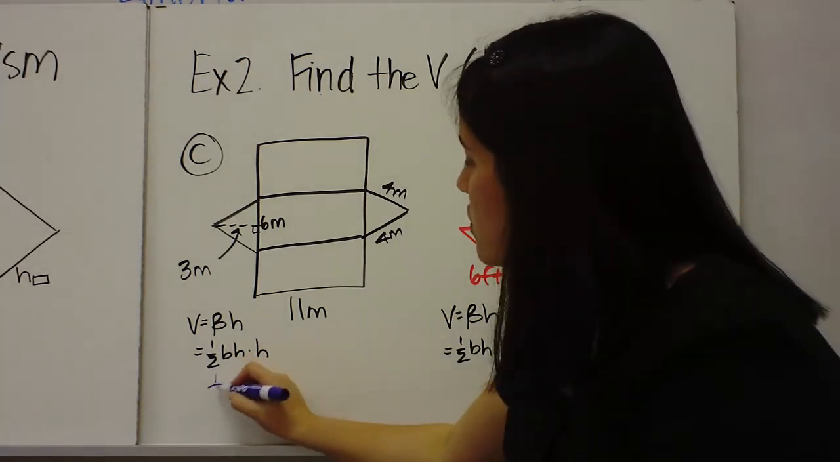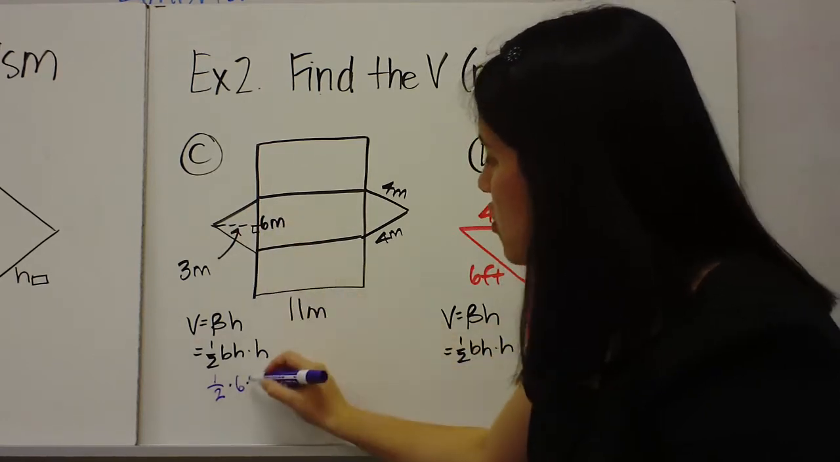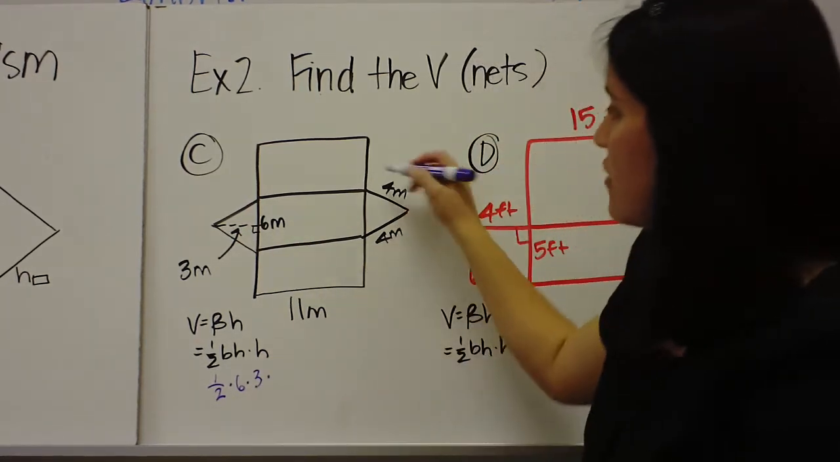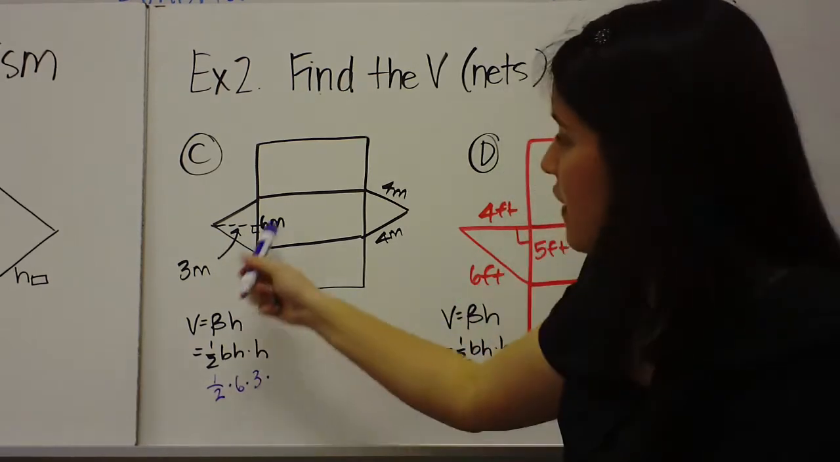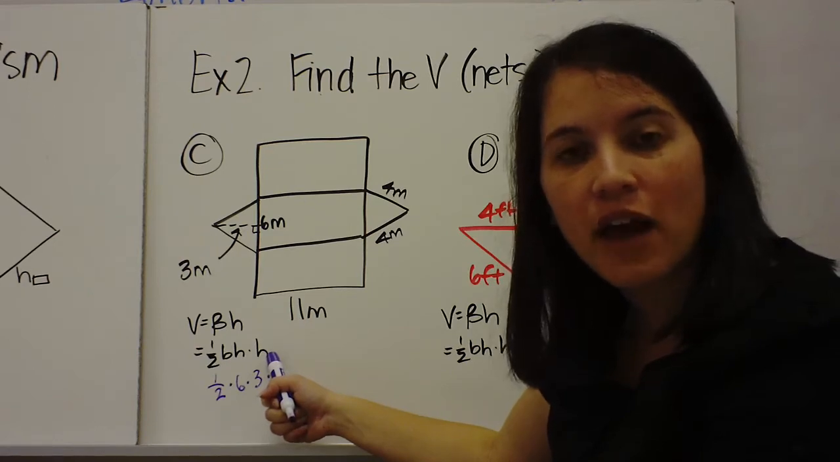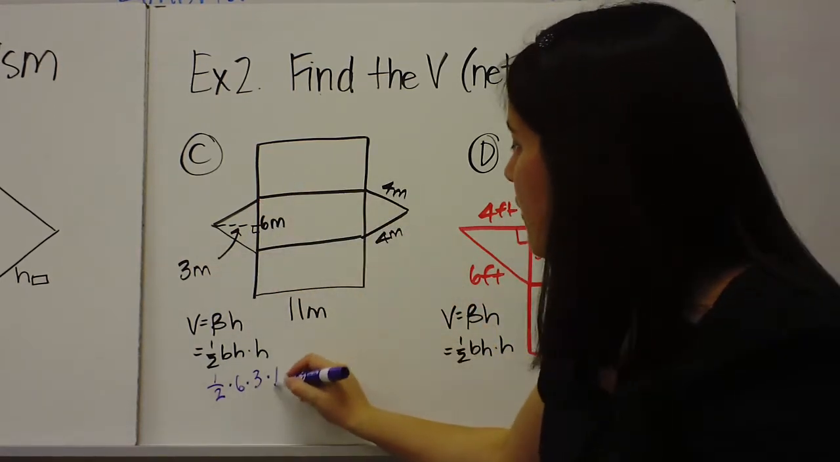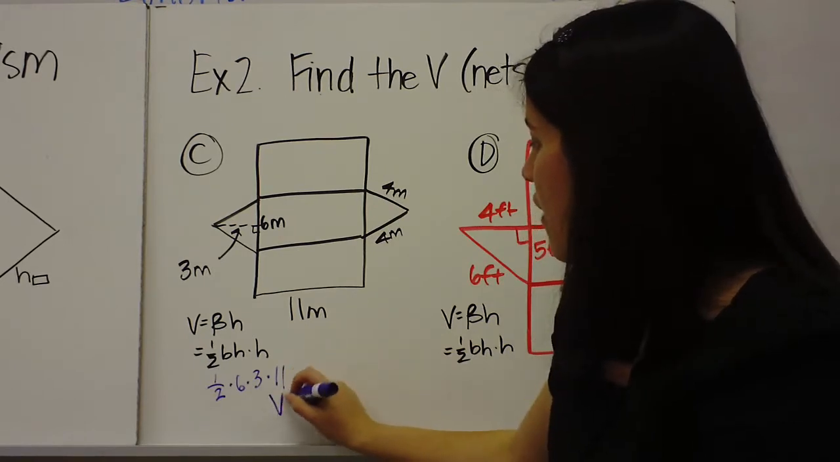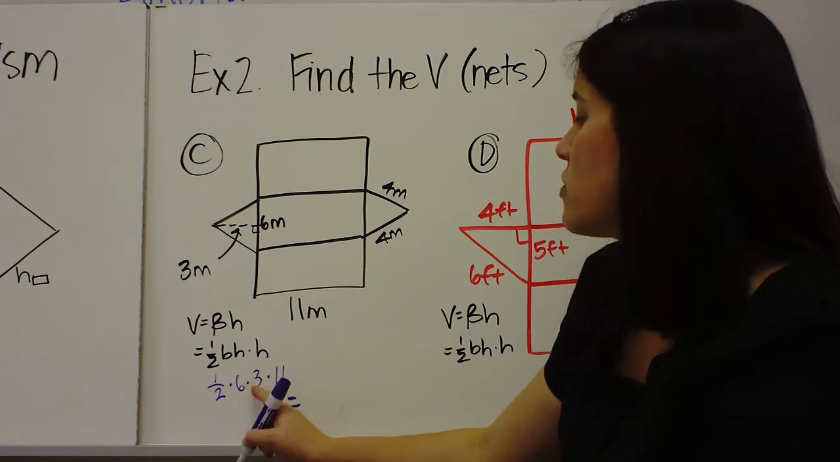So I'm going to use 1/2 times 6 times 3. I do not use 4. I do not need the extra sides of the triangle. I'm using the base and the height of the triangle. The second H comes from the height of the prism, the rectangle. So how long are the rectangles? And they are 11. And then my volume is going to be 1/2 of 6 is 3, 3 times 3